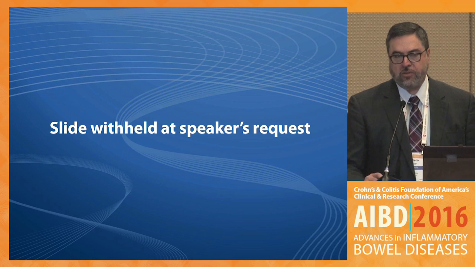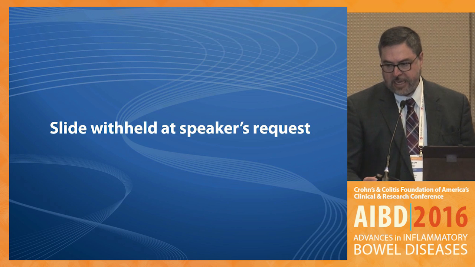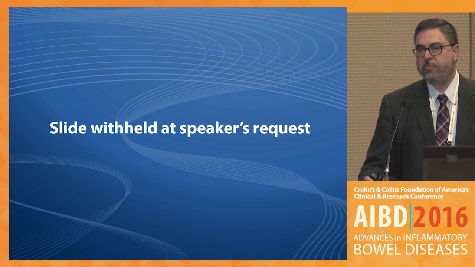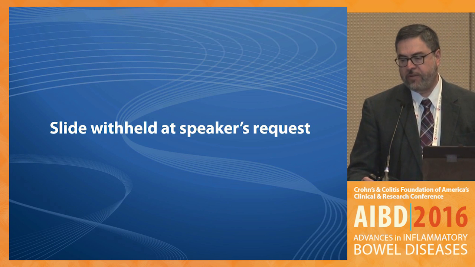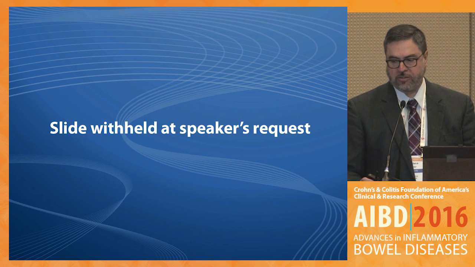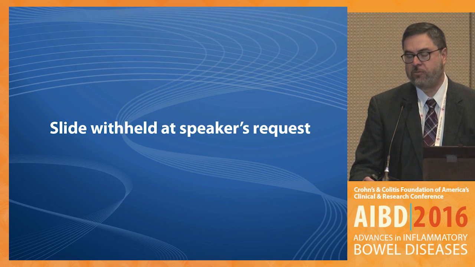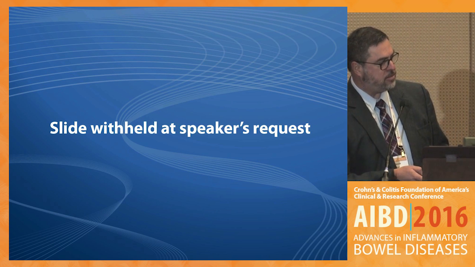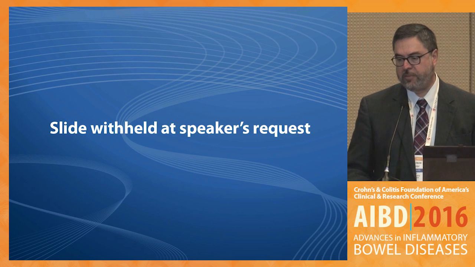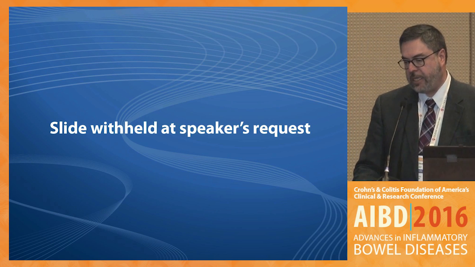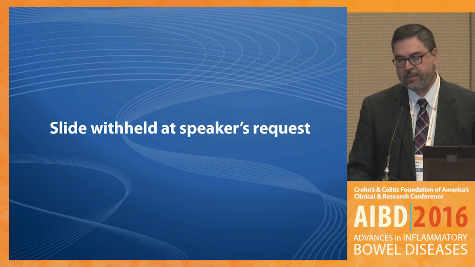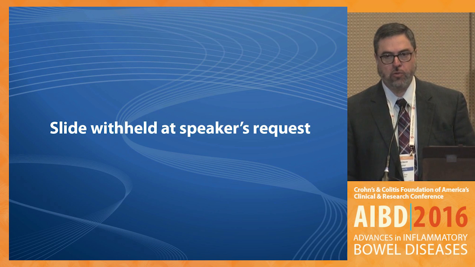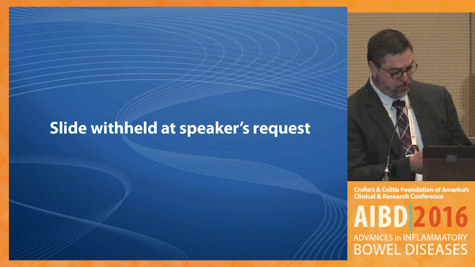So this is data that was presented yesterday by Scott Snapper at the meeting. And this is IL-1 beta and how it is important in the pathogenesis of inflammation in both mice and patients who are deficient of the IL-10 receptor. And please note in the horizontal axis the different stimuli that we use to stimulate immune cells in patients with IL-10 receptor deficiency. So you will notice that these patients just need one stimulus, LPS, in order to produce meaningful